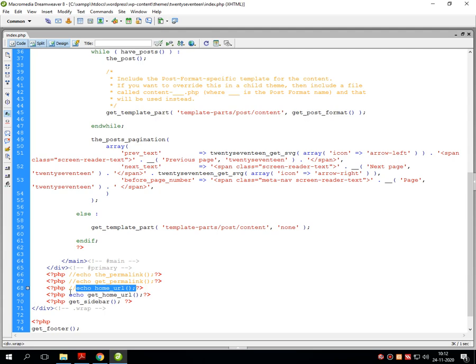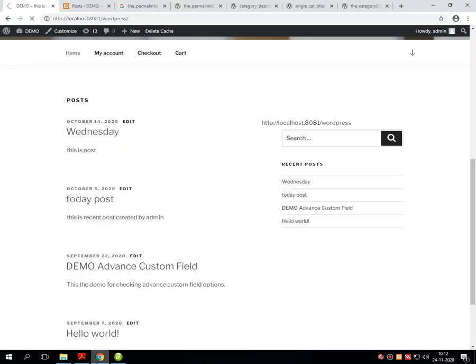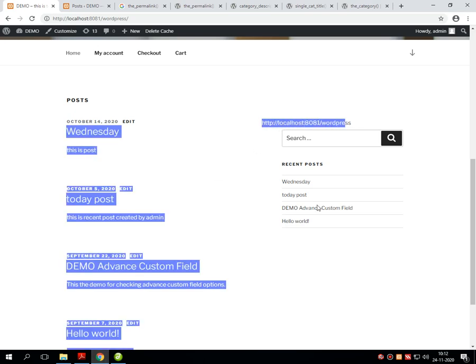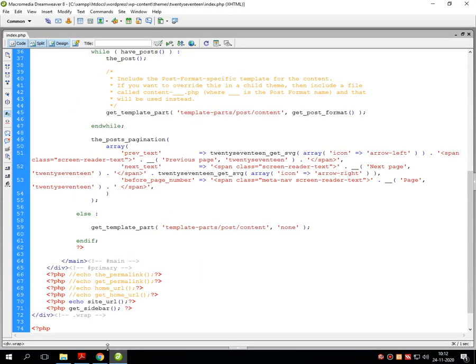I'm again putting this particular thing into the comment, then PHP, and under the echo statement I am putting site URL with a semicolon and refreshing the page. It will display the same message onto the screen. That means all these three previous functions give the same result. Home URL displays the same thing, get home URL displays the same thing, and site URL also displays the same thing onto the screen.